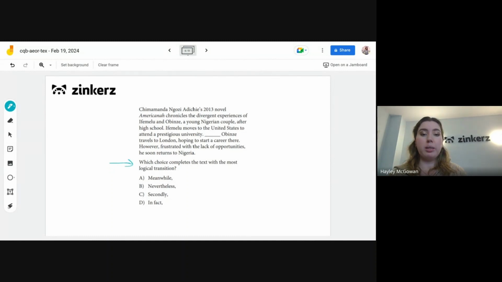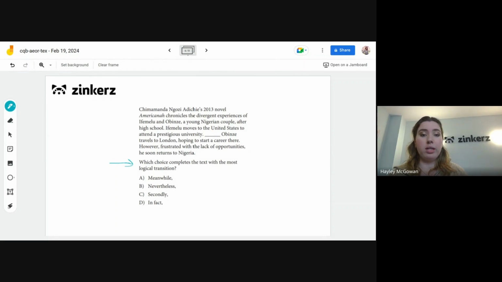Before we even look at our options, we really want to think as we're reading the passage, how would I, as the reader, connect these ideas in these two sentences, a couple of sentences in this case? How would I transition the ideas in the first half of the passage to the second half? What sort of relationship do we see there? We want to identify that first before we think about what word we would put on it. So we want to have our own prediction before we go and look at our choices.